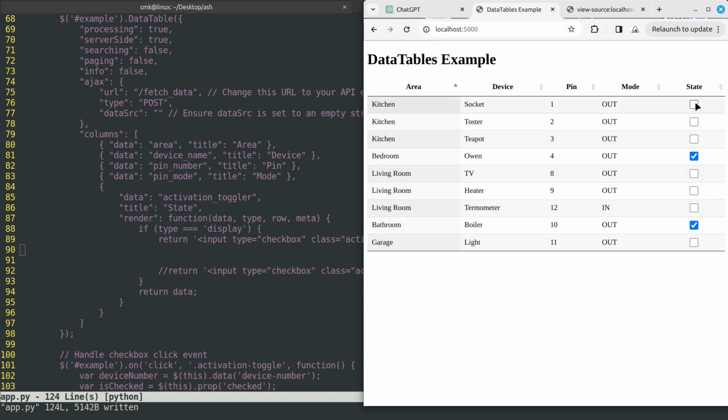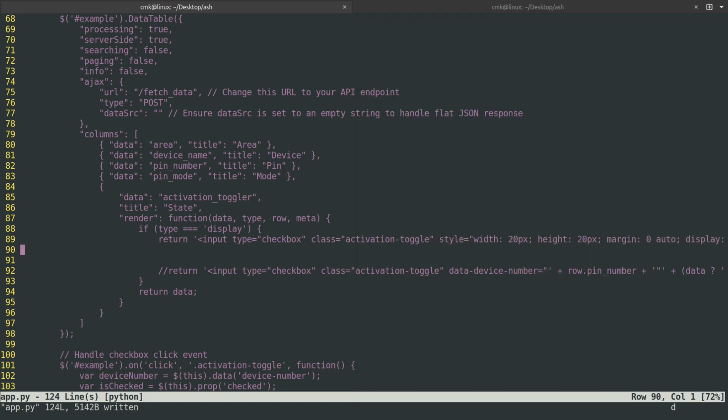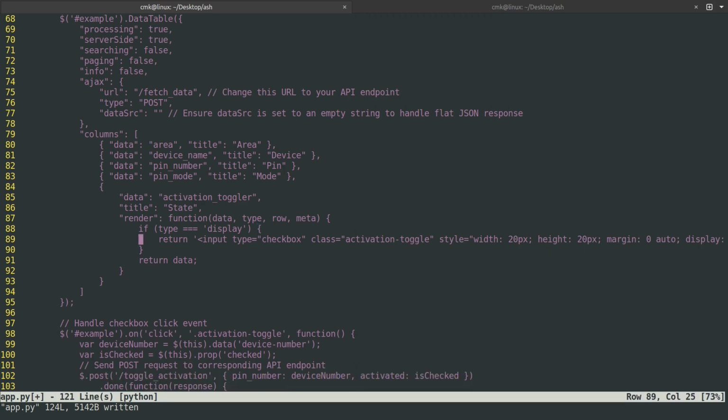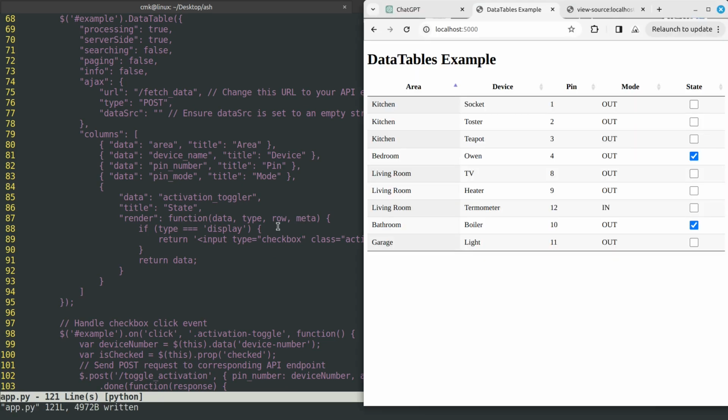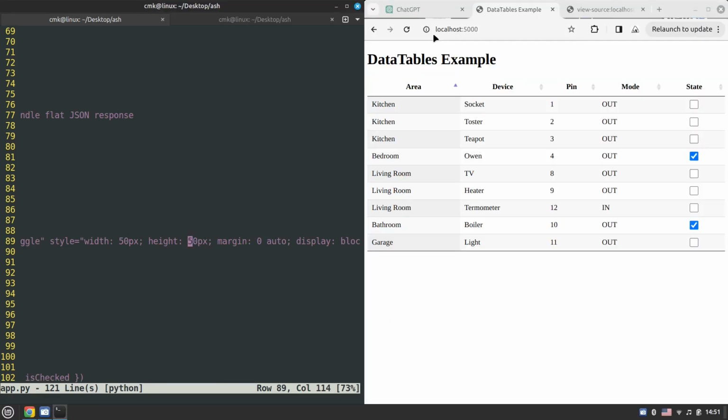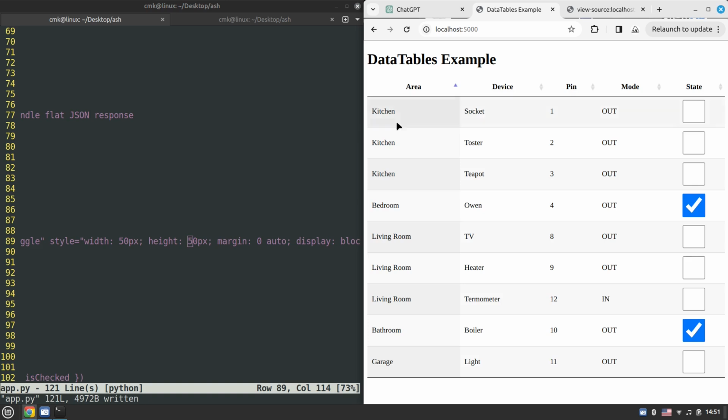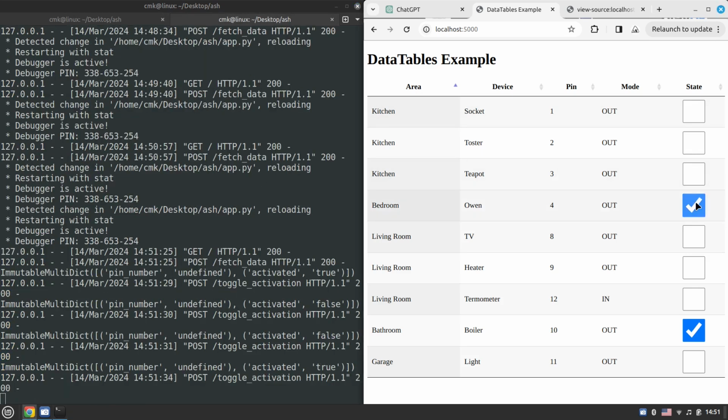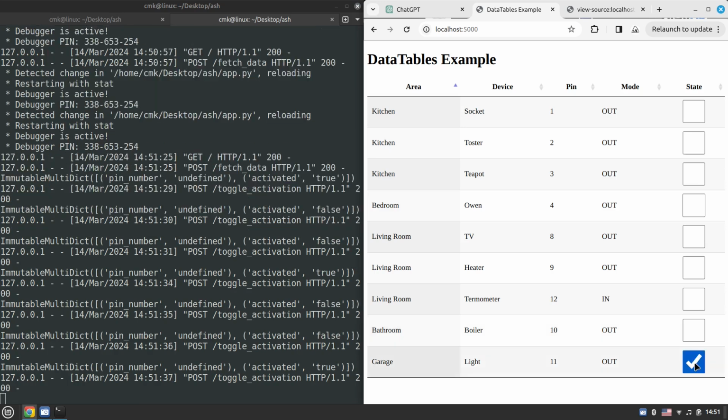So they are now centralized. So I don't need this as well as this. Let's make them 50 pixels so that they also can be nicely toggled on a smartphone. Yeah. Okay, this is cool. So now they can be nicely toggled on the smartphone, and here we still see the